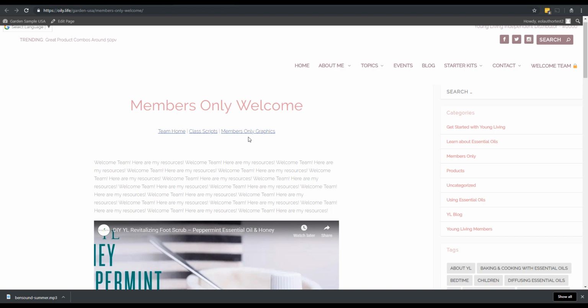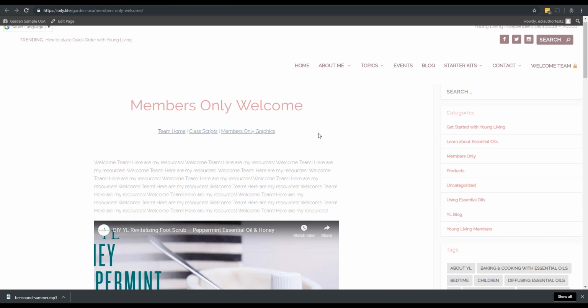And at the end there, we created a little mini menu by making sure all our pages were published first, going to that first welcome page, typing in what we wanted each one to be called, hitting the little link icon, searching for those pages, and then copying that little menu onto those other two pages that we created, publishing them all. Last step, we went to our menu, and by clicking appearance and then menus, and finding